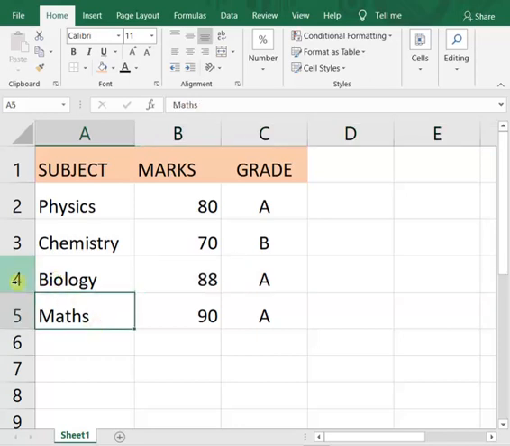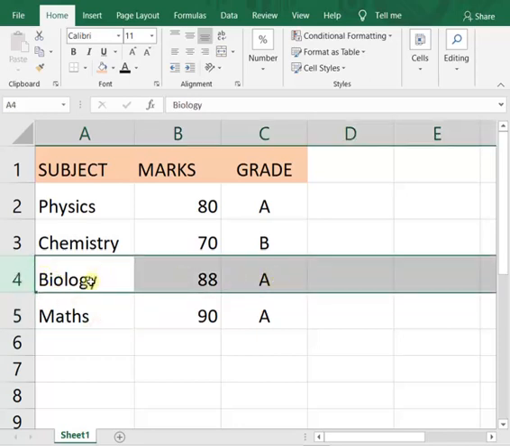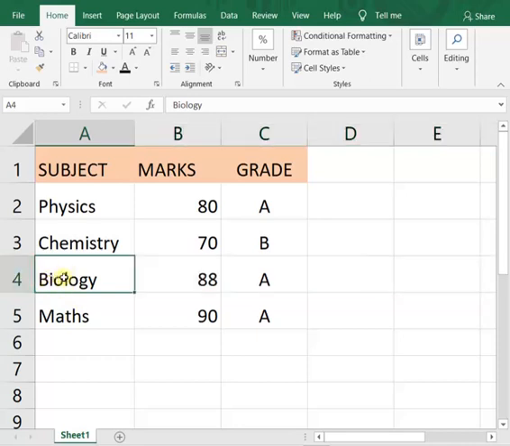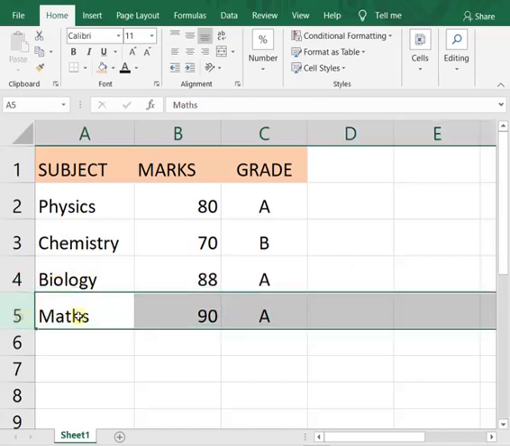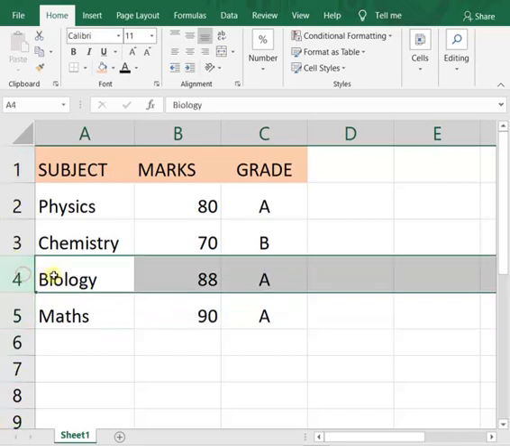Again I'm showing, if I delete this row, biology, row number 4, then the biology 88 data will vanish, and in its place row number 5 maths will come to row number 4, but the number of rows will remain fixed.